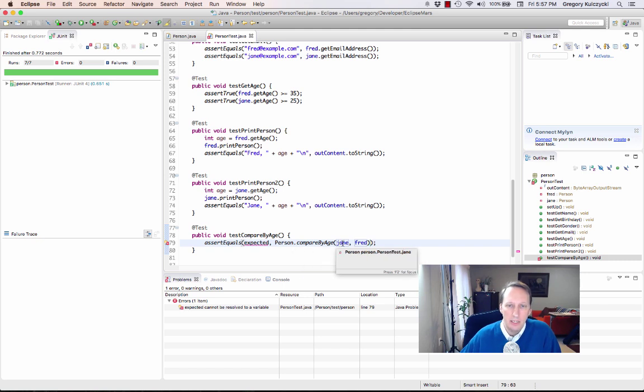All right, so look at this. Jane is younger than Fred, right? So you might think that if Jane is younger than Fred, the result of this is going to return a negative number. Since Jane is less than Fred, the result of this comparison will be less than 0. But it turns out that it's going to be the opposite. And it's going to be the opposite because if Jane is younger than Fred, that means